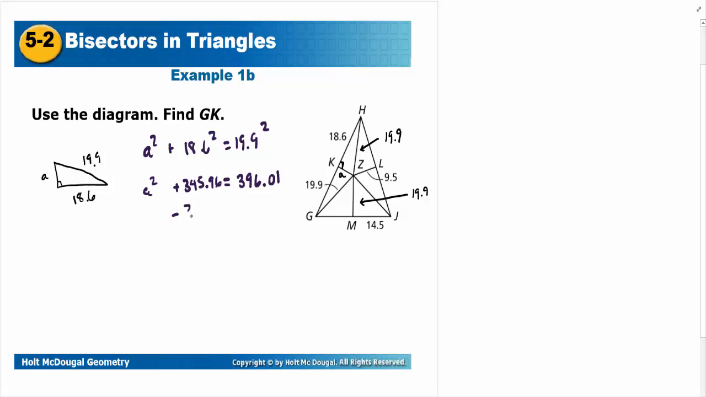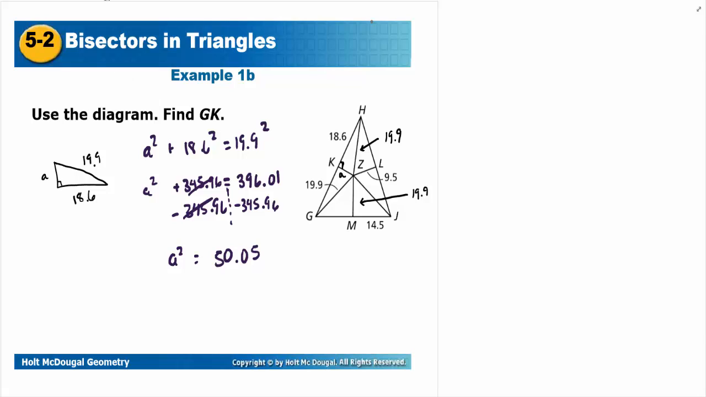So I'm going to start by subtracting my 345.96 on both sides. So those obviously cancel. You get A squared equals, and here we go, 396.01 minus 345.96. So I get about 50.05. Now one thing I noticed when I was grading, I was grading your homework, I had a lot